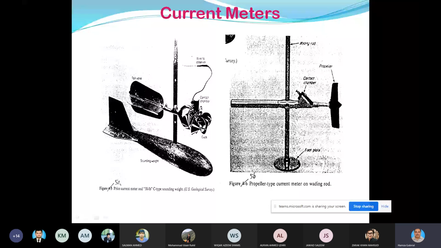So we cannot use propeller type in our type of rivers जिनके अंदर डेब्रीज भी बहुत हैं और आपके जो सिल्ट रिलेटेड रिवर्स हैं, सिल्ट और सेडिमेंट लोड बहुत हैवी है. सो बेसिकली ये कप्स हैं, कॉनिकल कप्स, और ये कप्स की देखें कि टेल है और ये साउंडिंग वेट है जो इसको स्ट्रेट रखता है ताकि ये वर्टिकली नीचे इमर्स हो सके वाटर में.